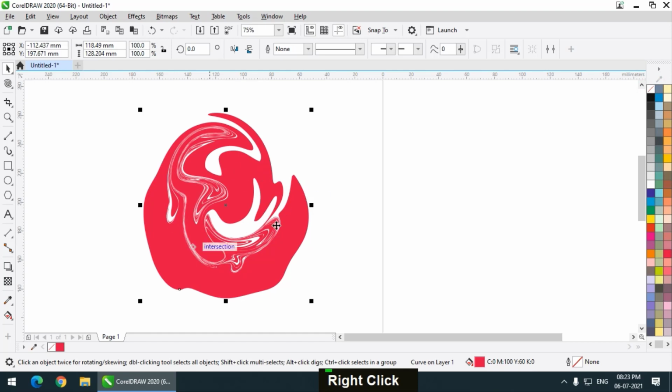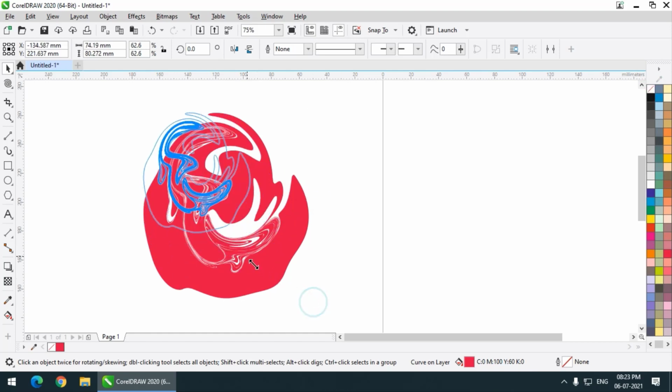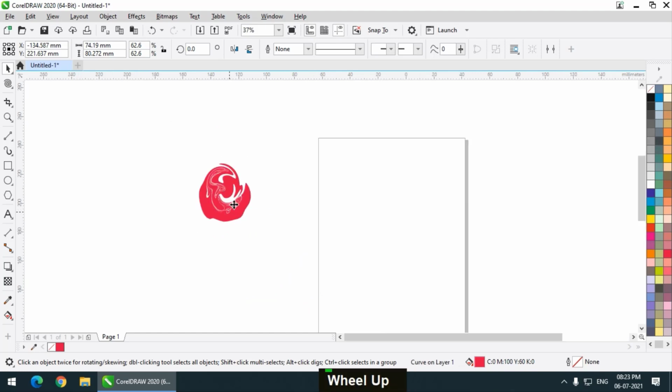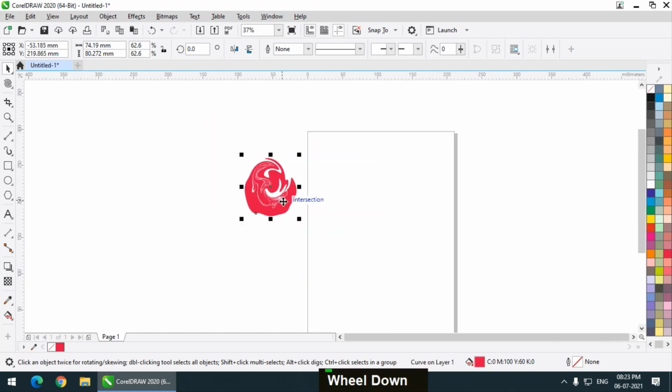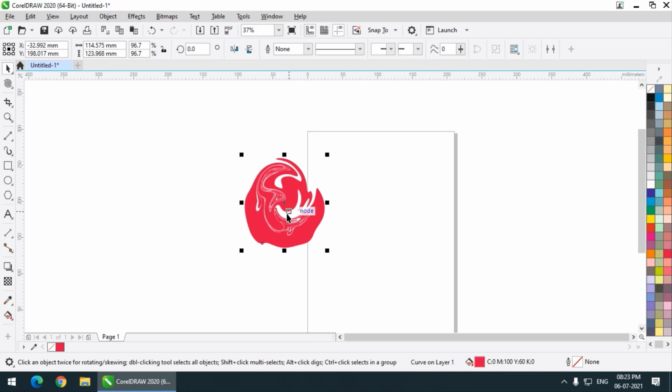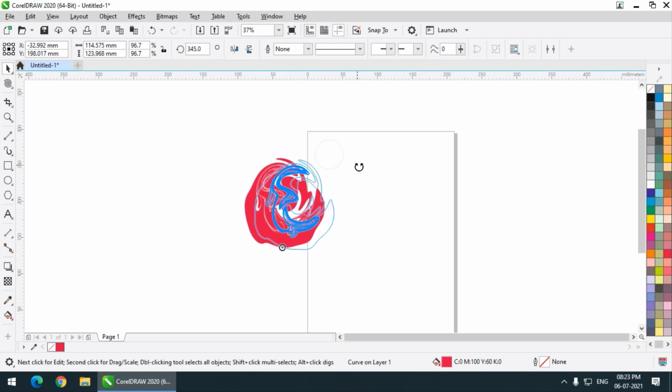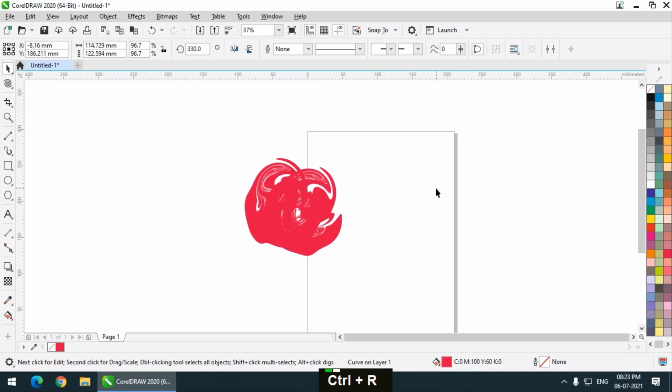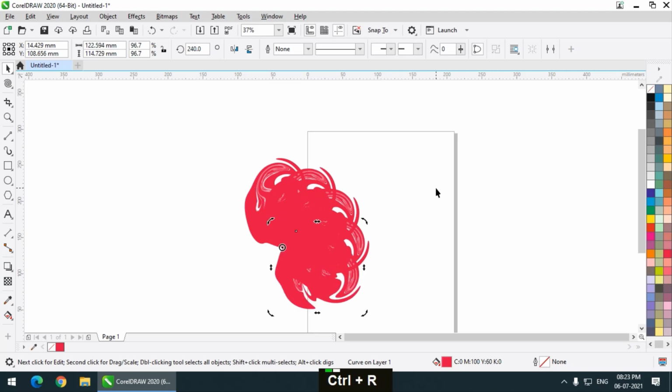So I have just removed the outline by right clicking it over here. Now what if I use some of the options that we have learned in the previous video? I'll simply place it over here and right click, Control R. So it will create a copy, it will simply repeat.